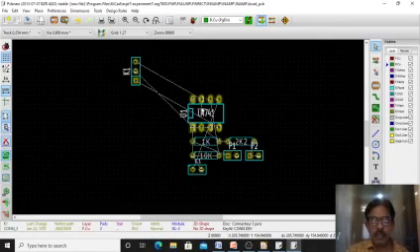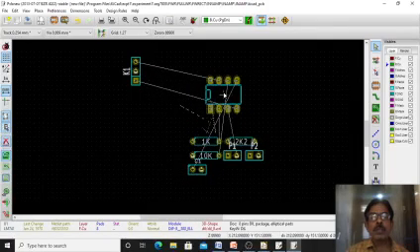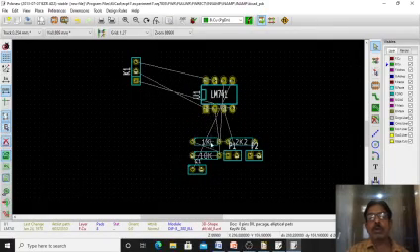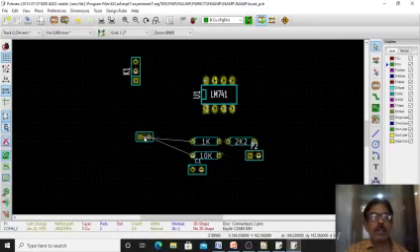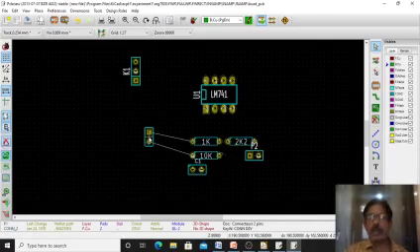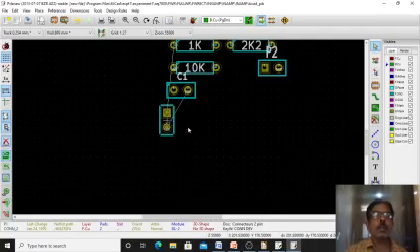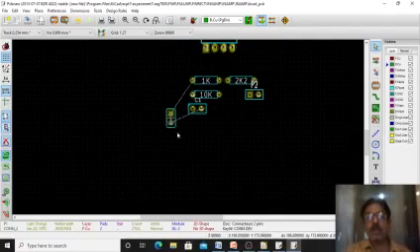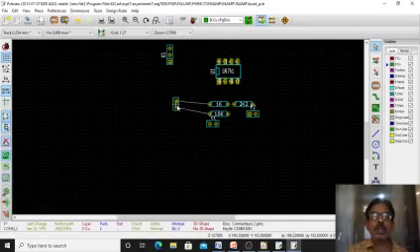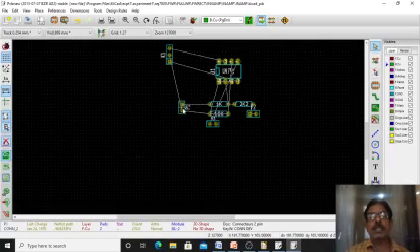Then keep this IC somewhere here, and you should know some points. P1 is at the input side, so catch hold of P1 and move it. Just rotate it, and you can see it will be a better position. Move it like this. Because one point from this is connected to 1K, it is coming out straight.